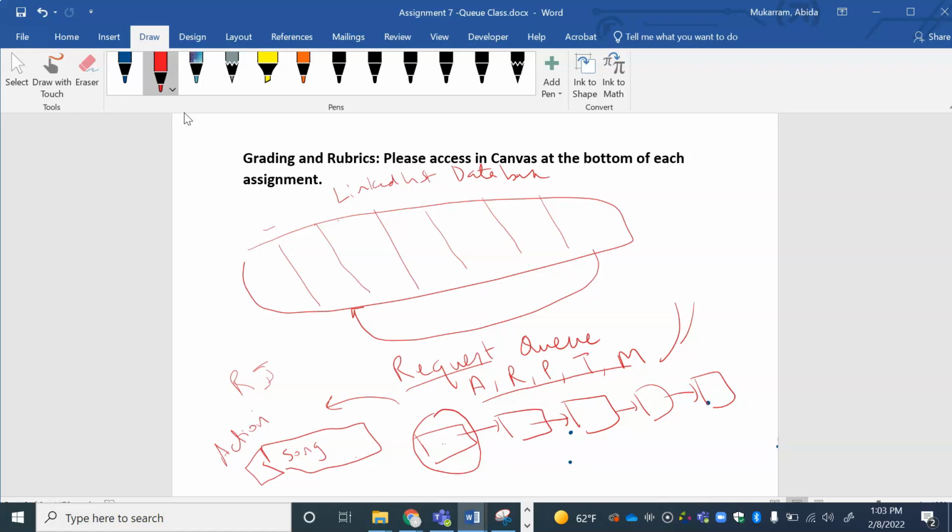So he would go and add a song, remove the song, play the song, and basically process all of these actions. Once they're done with that, they're going to delete this element from the front of the queue. So remove from the front of the queue, right? So this is the overall